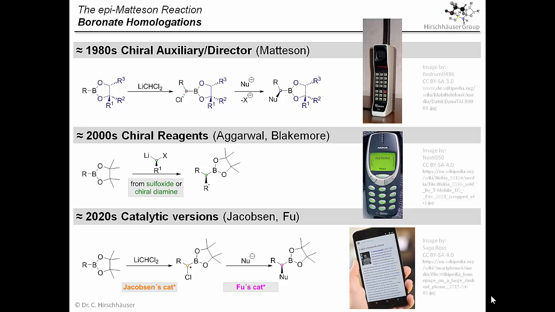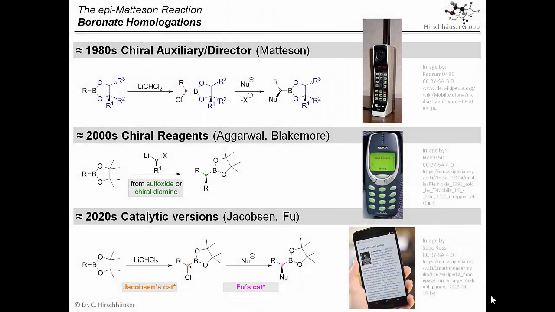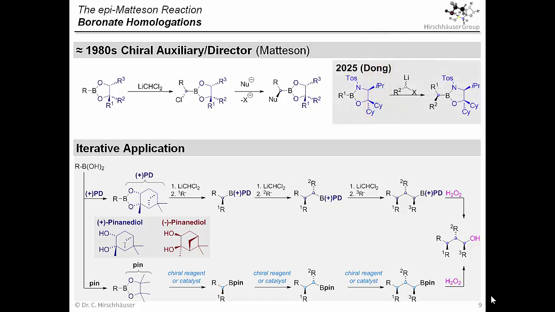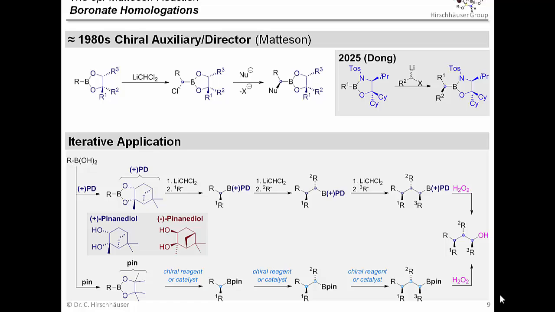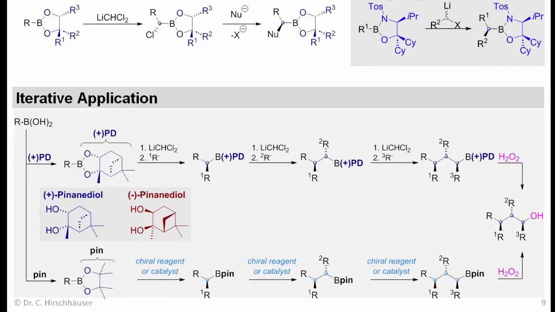Well, to a certain extent, this is certainly true. But new developments in chemistry are different from other areas such as mobile phones. While nobody would probably use the old Motorola brick from the 1980s nowadays, the Matheson reaction still is quite popular. And one reason for that is the way in which these reactions are often applied. That makes chiral auxiliaries much more efficient than one might think. And only this year a mechanistically completely new, but nevertheless still auxiliary-based method was published. So why are chiral auxiliaries better than their reputation in this particular case?